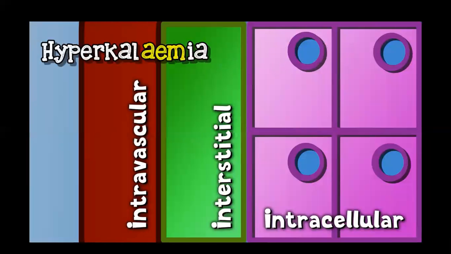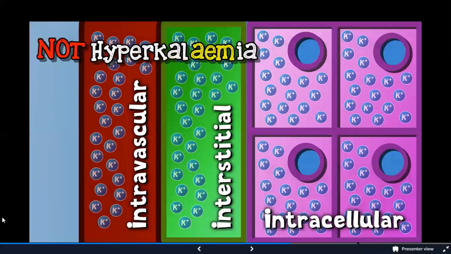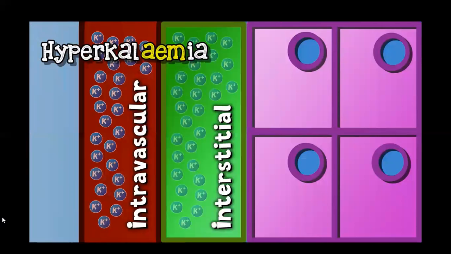Those among you who speak ancient Greek, not you, will know that the "eme" in hyperkalemia refers to the blood. When we speak of hyperkalemia, we are talking about high intravascular potassium in your blood serum, rather than high total body potassium, which will be more difficult to measure. As levels are broadly similar across the extracellular compartment, we can assume that serum potassium reflects extracellular potassium. If you've got too much in your bloodstream, you've also got too much surrounding your cells in the interstitium. But why is this important? Why is having too much potassium around your cells dangerous?